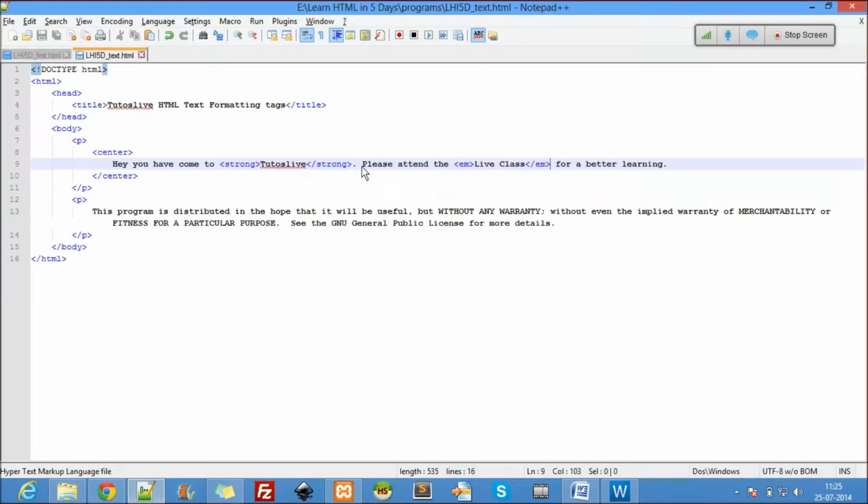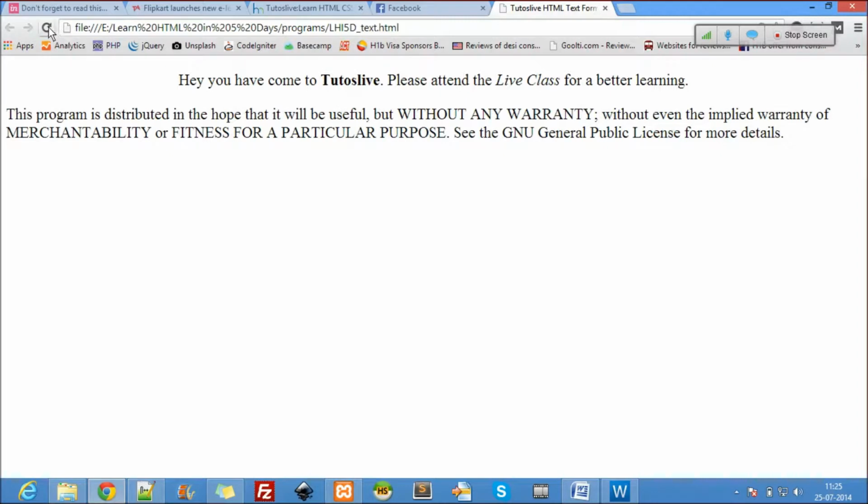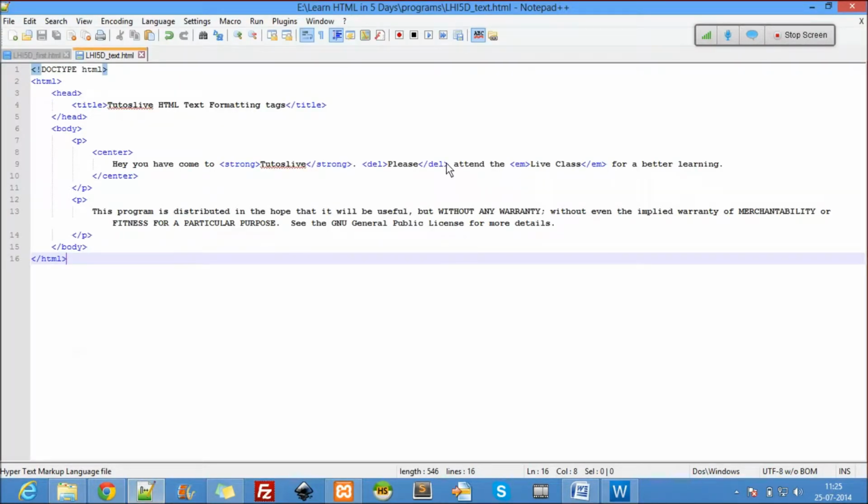So how do I strike the please? We have a tag called del. Let's see now. I've saved it and go here and refresh. You can see here it has been striked off. Del stands for delete, so that means it has been deleted.